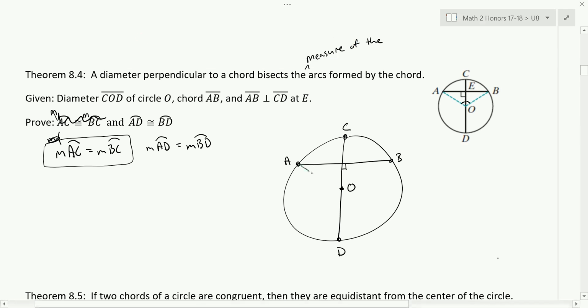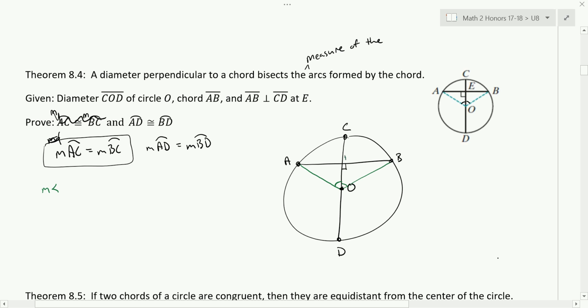It'd be from A to O to C, this angle right here. That angle right there is the measure of AC. And the measure of CB would be this angle right here. So you get the triangles again, and now we're just showing, can we show that those two angles are congruent, right? Because if I could show that the measure of angle AO,